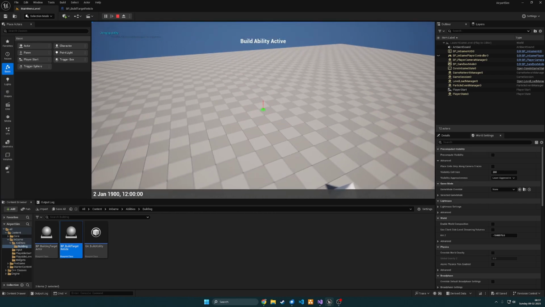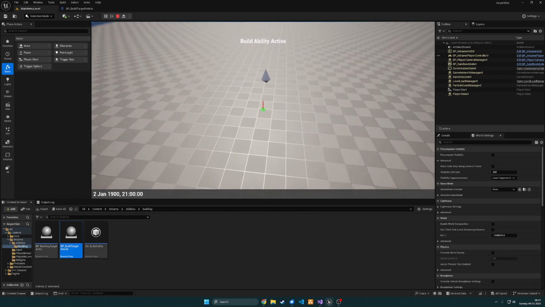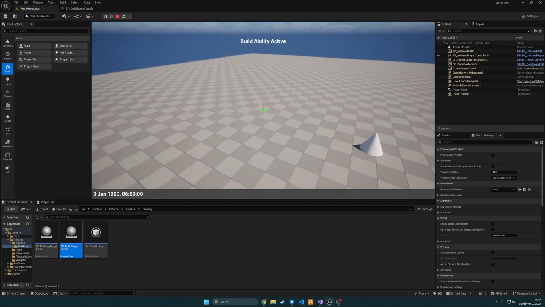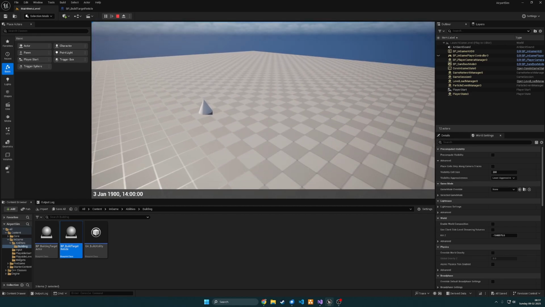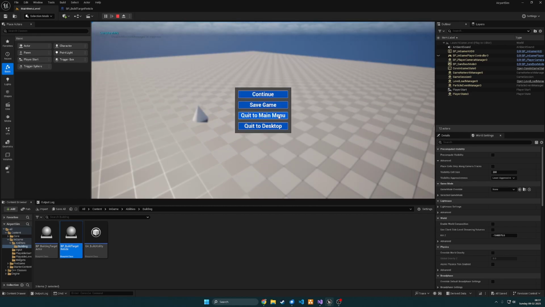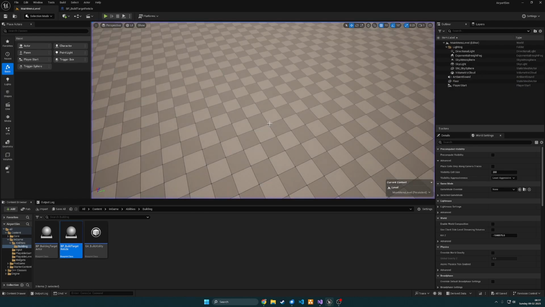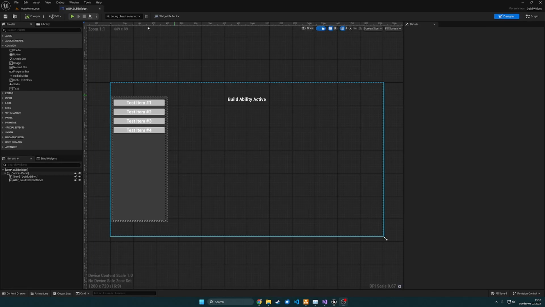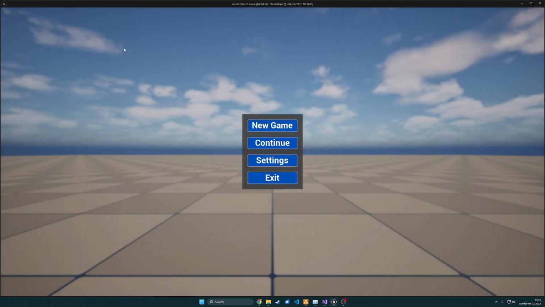The player can now activate or deactivate the build mode with the B key. When the ability is activated, it will also spawn a target actor, and we'll be able to use that to spawn the buildable items. I then needed to start setting up the base classes for the buildable items and the